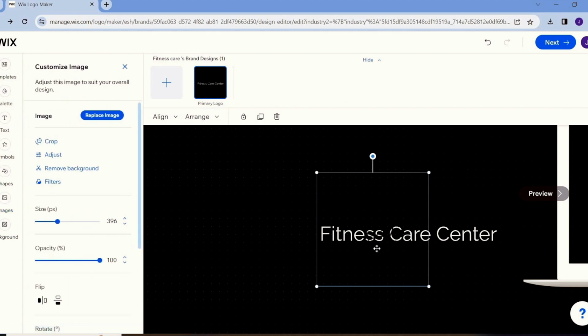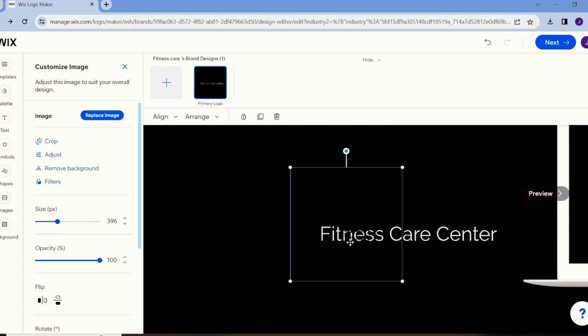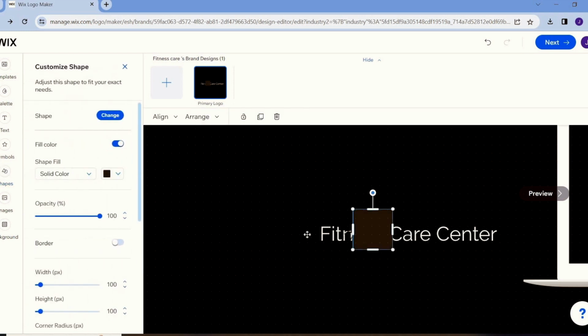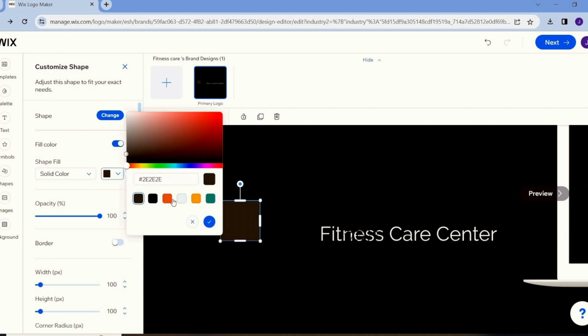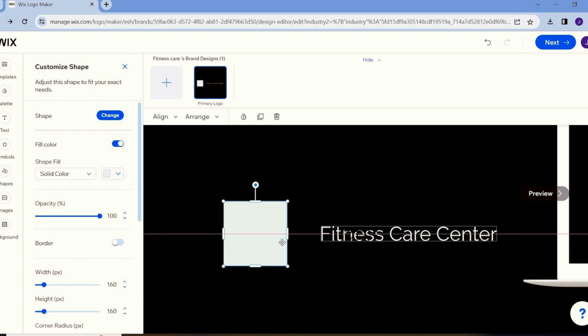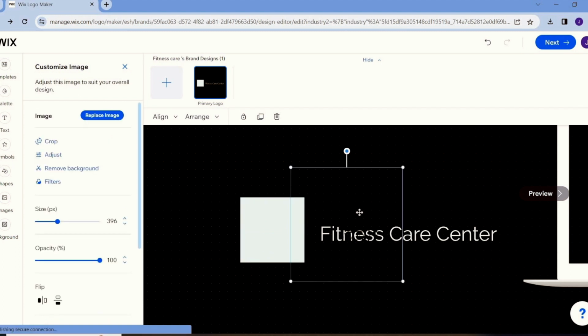So the picture has been inserted over here, but it is not very visible because of the background. I am going to add a background behind this picture. I am going to shapes, and here I will select this square shape and change its color. I've changed its color into white, and now I am going to increase its size a little bit, and I am going to keep this image on this